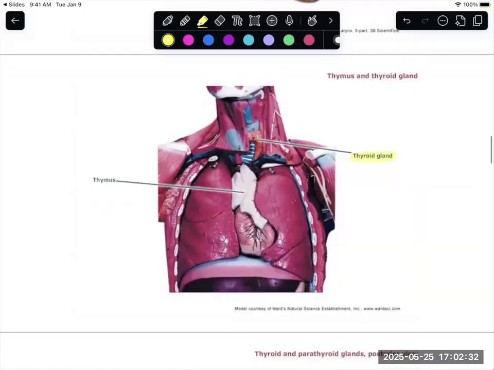We also see here the thymus. The thymus is a gland that helps to make and mature blood cells, like white blood cells specifically, to help them fight and do the specific role that they play out. Different white blood cells do different things. When we get to the blood chapter, which is chapter 19, we'll go into some of that. And when we get to the lymphatic system, we go into that in a lot greater detail. But this thymus is an endocrine gland because it does secrete out hormones,